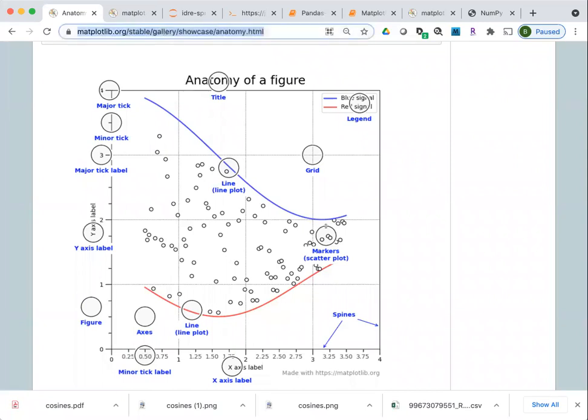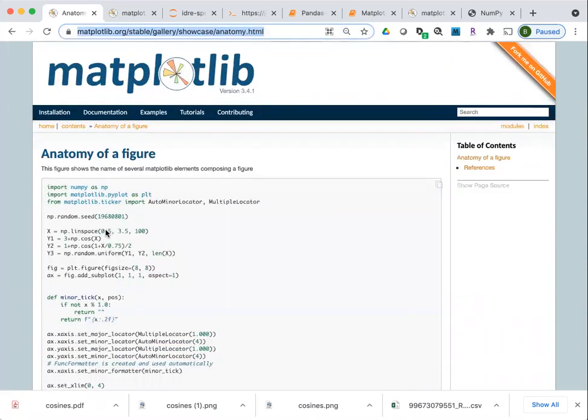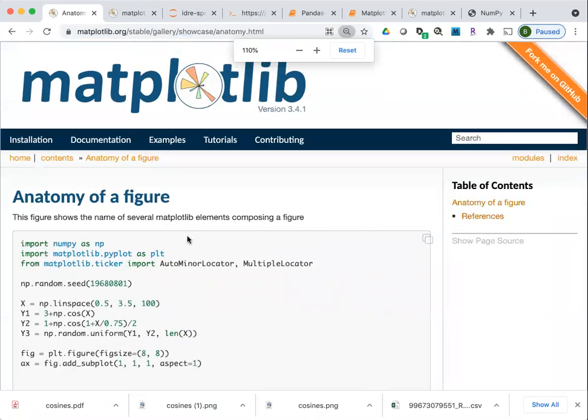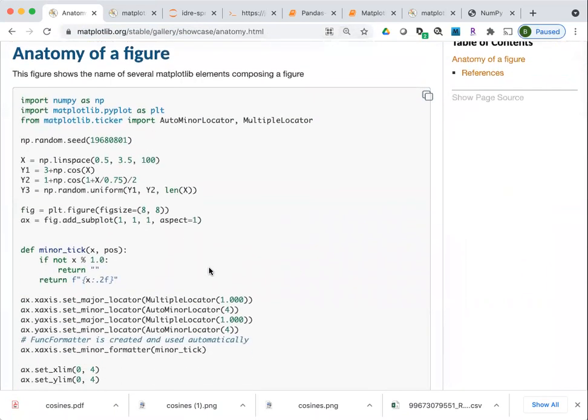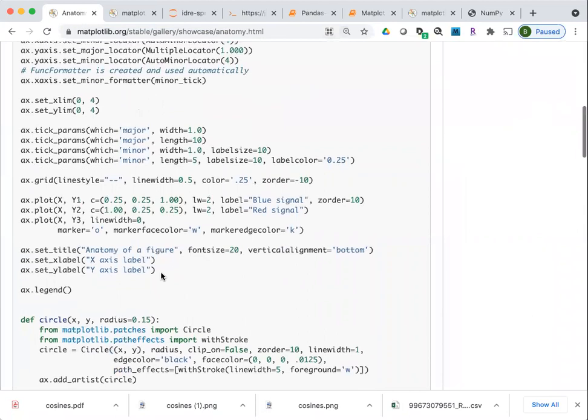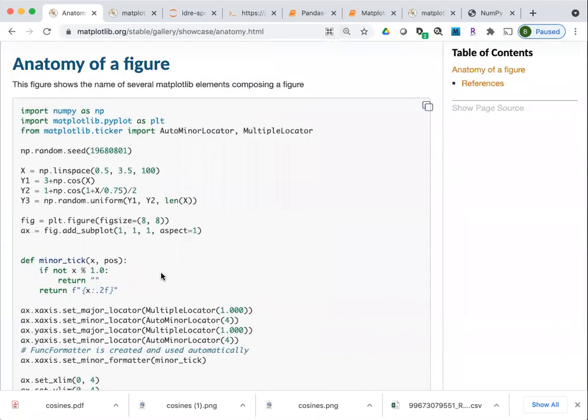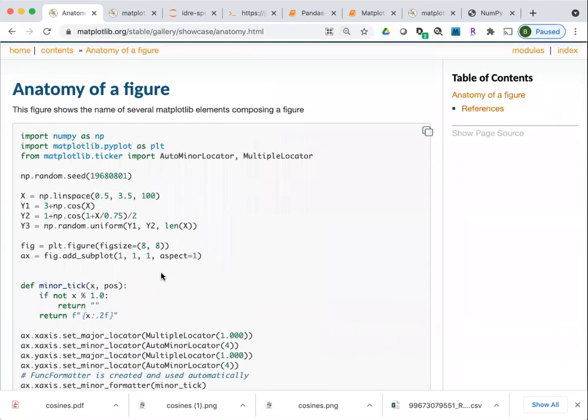I'll paste this into the chat too if you want the web reference. There are a number of new things that are going to be evident here, but the main structure is everything that I've shown you so far.